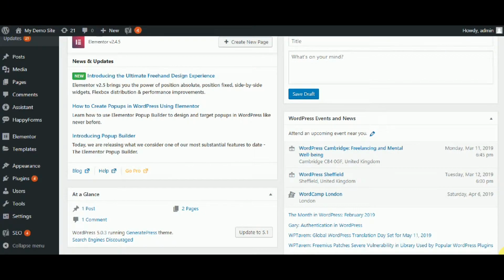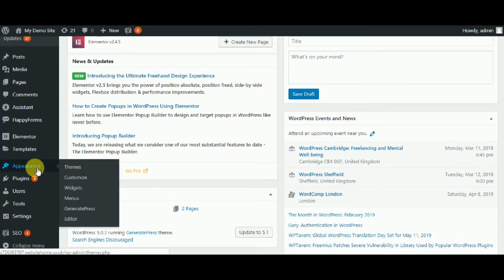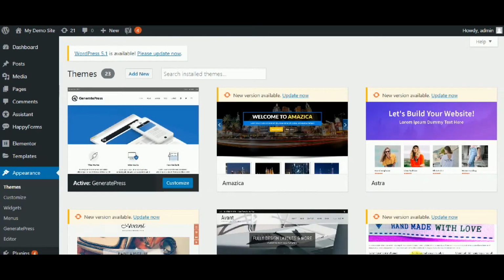In today's video I'm going to show you how to delete a theme from WordPress. It's always good to get rid of any unused stuff on your WordPress dashboard, themes, plugins, etc. Today we're going to look at deleting the unused themes that you might have downloaded in the past or added to your dashboard. So if you go to Appearances and Themes,